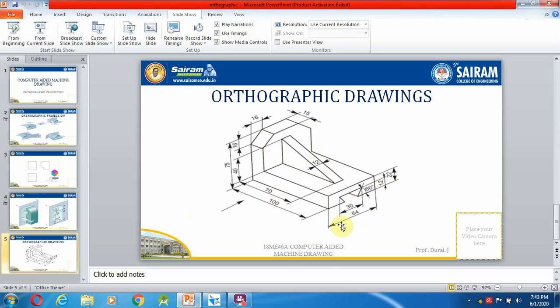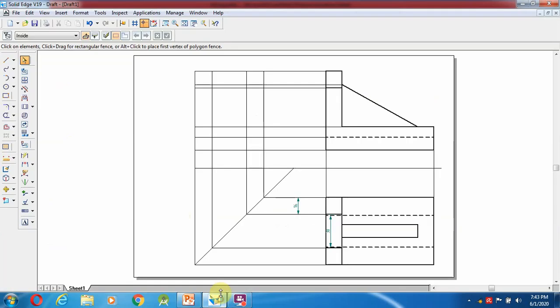So what is the length? 64 mm. You can even check over here, this projection ends at the intersection of this projection line. From there I am going to make a line over here. We will check it over here. I have not given any dimension, so it becomes an exact line.